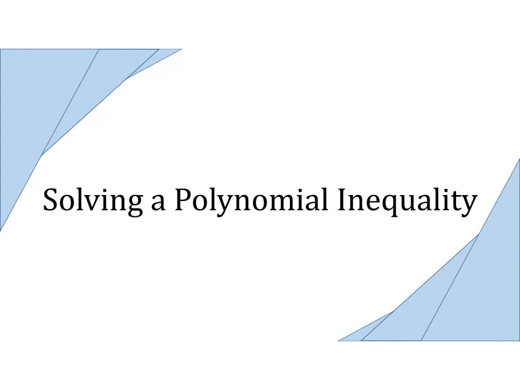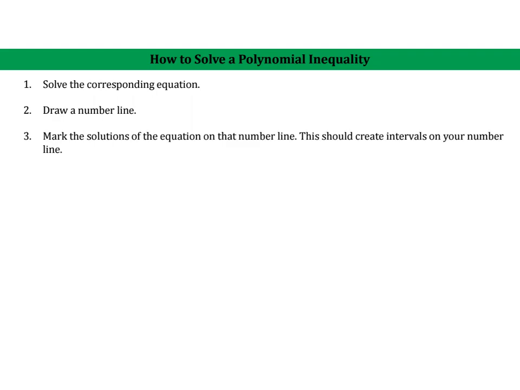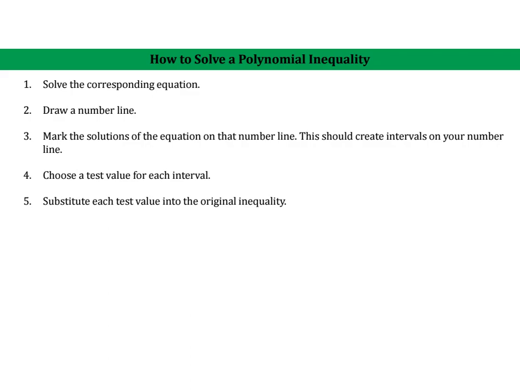So now that we've discussed polynomials, we can now look at solving a polynomial inequality. To solve a polynomial inequality, we first solve the corresponding equation. Then we draw a number line. Then we mark any solutions from step number 1 on that number line. Those marks will create intervals, and we're going to choose a test value for each interval. We're going to substitute that test value into the original inequality to see if it makes that original inequality true